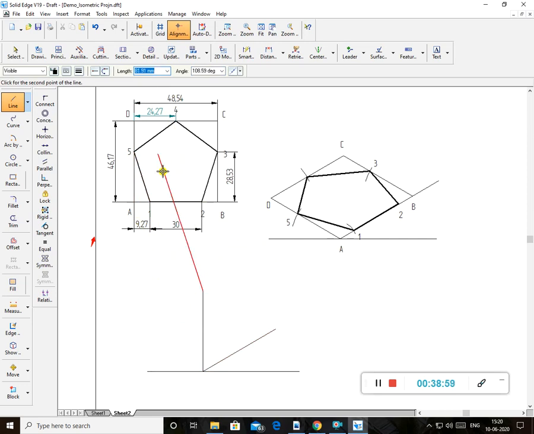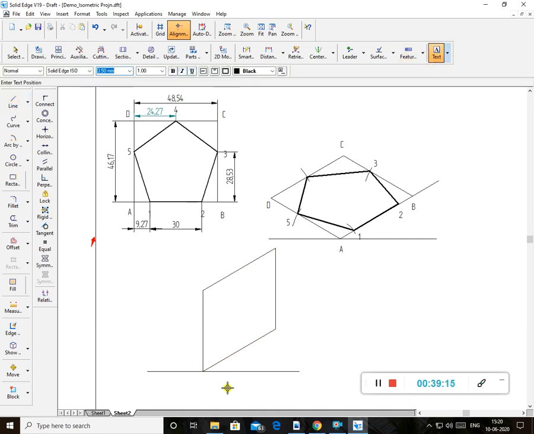Then I will draw this again. Again I draw here this one. How much? 48.54. Angle how much here? 30 degrees. Again, I will draw it. Okay. So this box is clear now. Now in this box, you know this is A. This portion is B. This is AD. And this is C. Now I have to mark this 1, 2. Now I'll take the R command, 9.27.